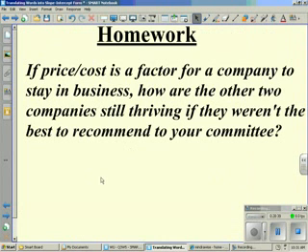So this is not necessarily just a math question, but I want you to use math to help you figure out the answer. But I want you to think globally and about what's going on in our economy today, and how does this affect you? How does this affect small businesses? And what are these other businesses doing to keep their clients even if they're not necessarily the lowest price? If you have any questions this evening, please feel free to send me an email, and I look forward to seeing you in